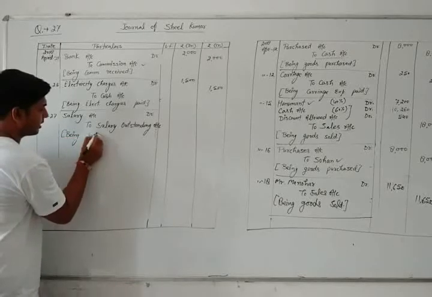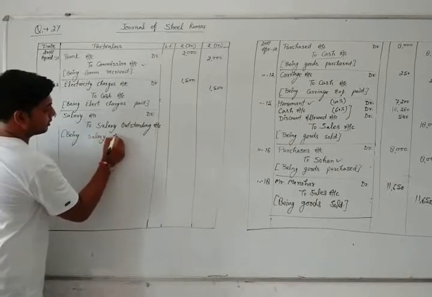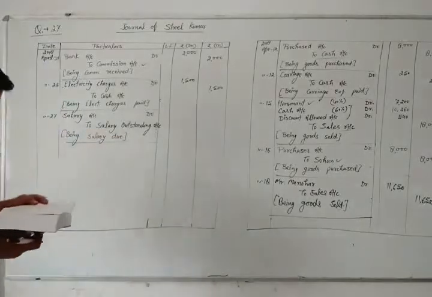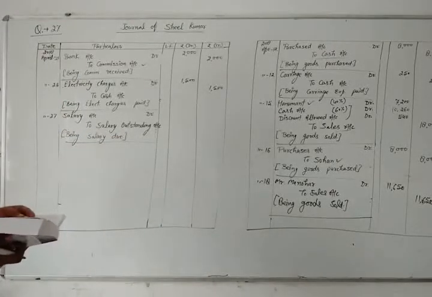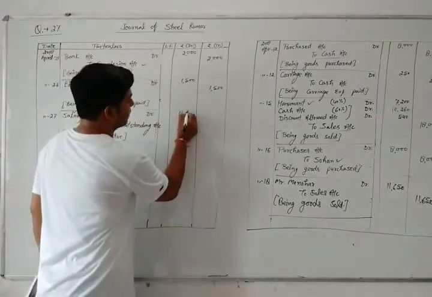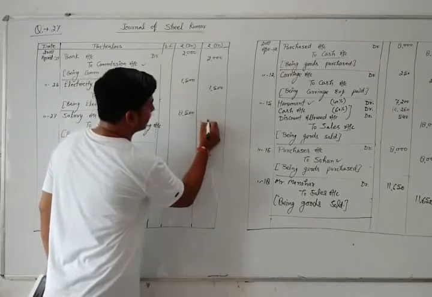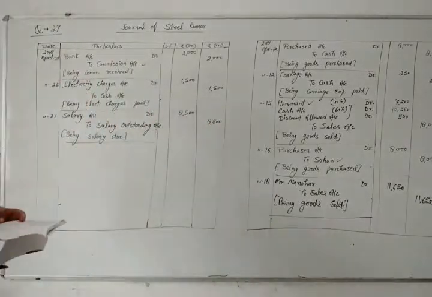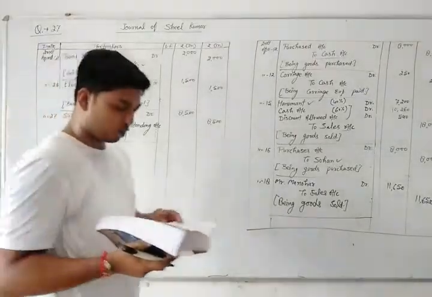Being salary due. The amount for salary due on 27th date is 8,500. So here 8,500 at debit side and at credit side also. Next entry on date 30, provided